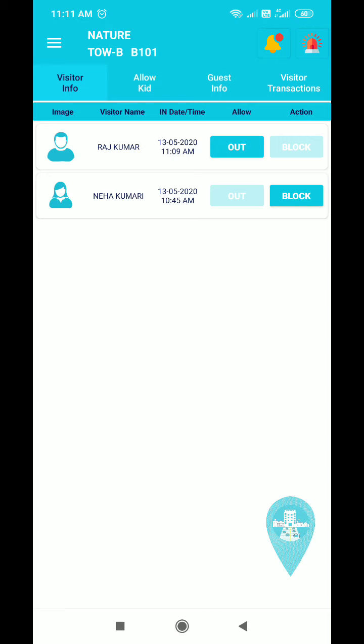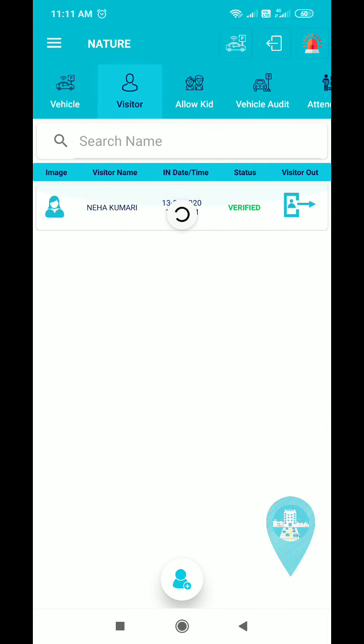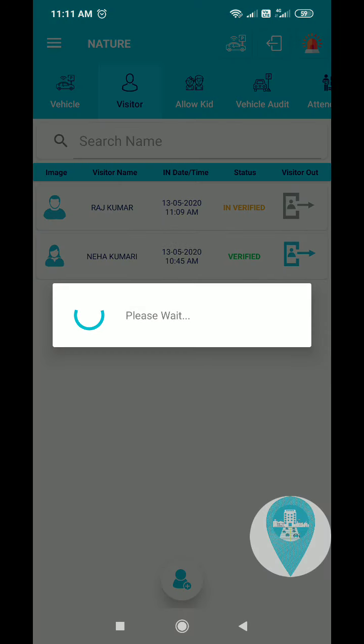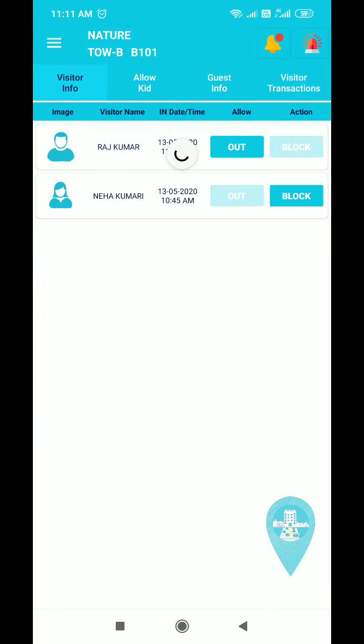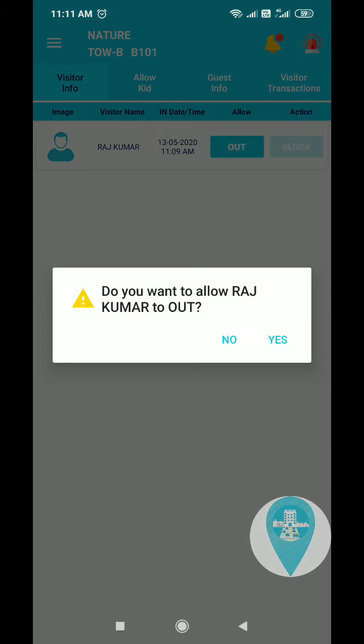I'm going to take the app view for the gatekeeper. Sir, the person is verified, but he cannot go out. But as Neha, I'm choosing the other one where verify was no. You can click in here. He can easily go out. The security guard is not going to stop him. But when you select visitor verify as yes, the verification out button is not enabled until you verify him. I clicked on out. Yes, it went out.